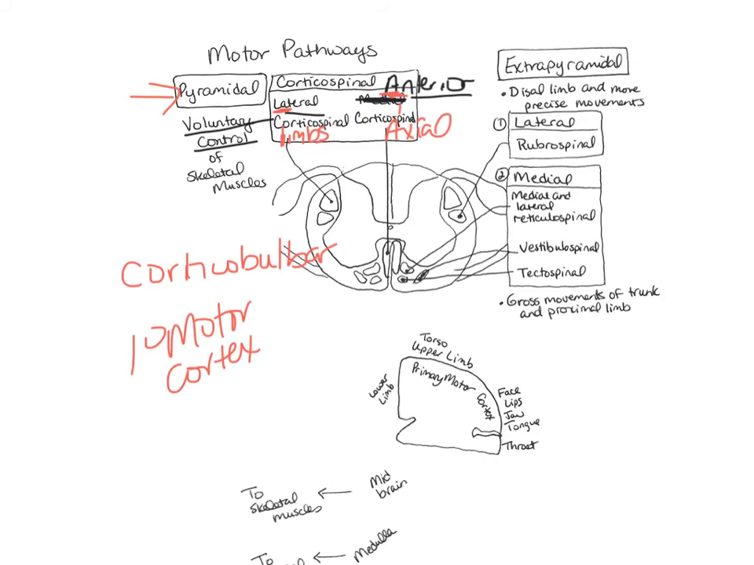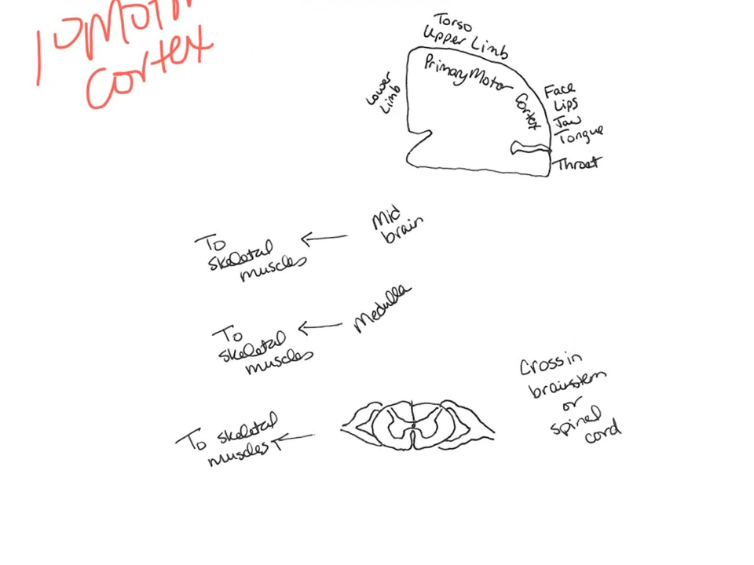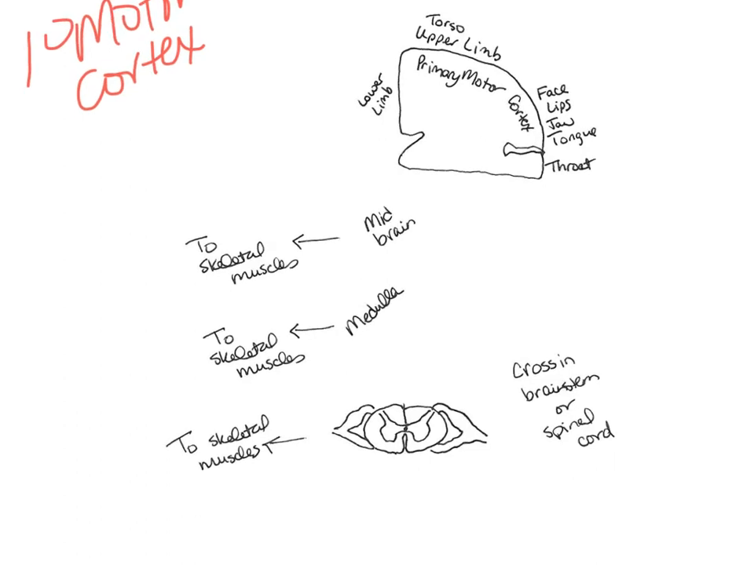So go down and take a look at this down here. This is what you're going to be seeing. This is the primary motor cortex. The primary motor cortex has a motor map. And where is that primary motor cortex? In what gyrus? The precentral gyrus, right? So that's where your upper motor neuron is going to begin. And then that upper motor neuron